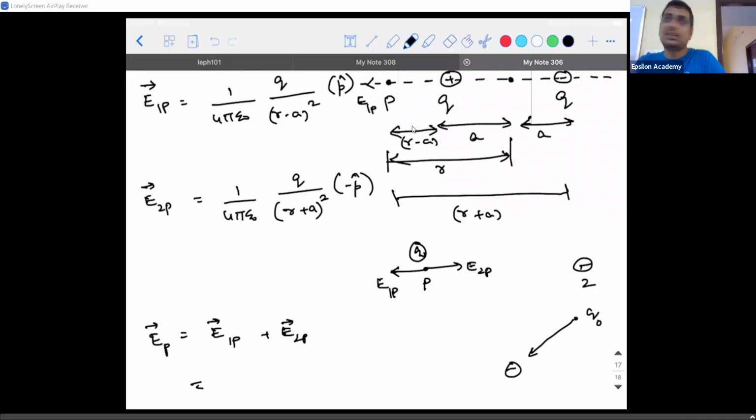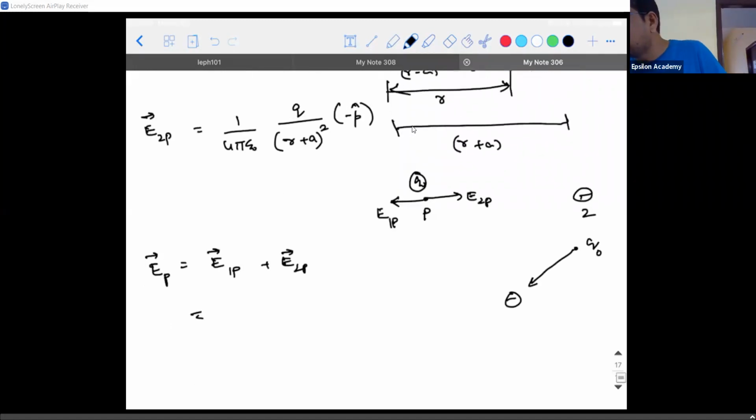At point P, there is a test charge which we didn't show. So whenever they ask you what is the electric field at a particular point, they are indirectly telling you that at that point there is a test charge present, but not in every question will they mention it. You have to do it in your mind. Okay. So that is the electric field due to the first charge and the electric field due to the second charge. I hope it is clear.